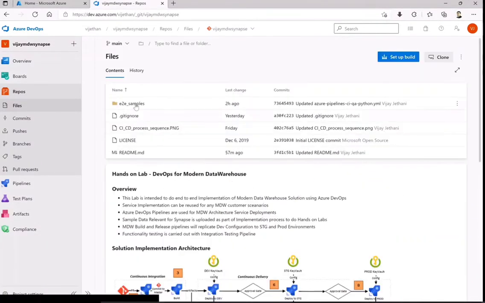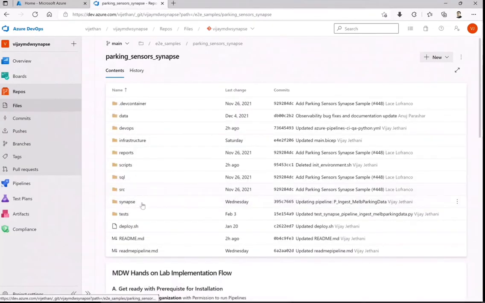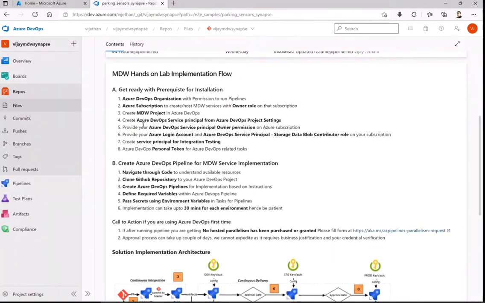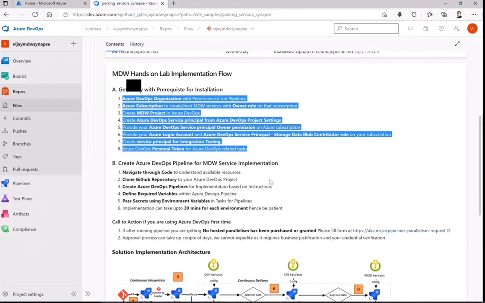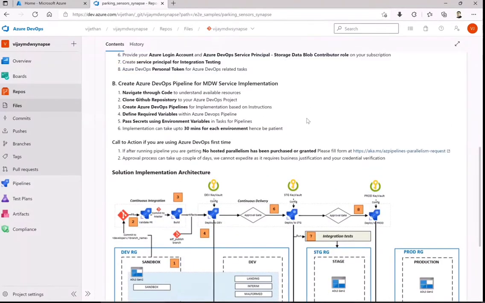Let me go to that particular directory itself for the snaps, to give you the flow perspective. As I said, this is what we talked about from the prerequisite perspective, but once the code is in your repository, that means in Azure DevOps, you have to navigate through each and every folder to see what the content is all about. Also, I will be providing the GitHub repository from where you can clone it into this Azure DevOps project.